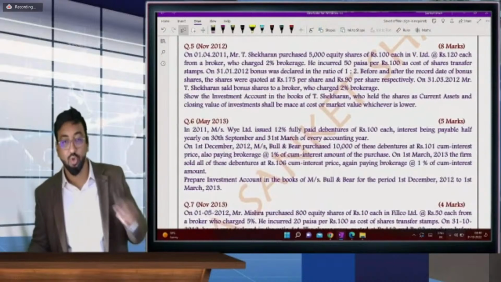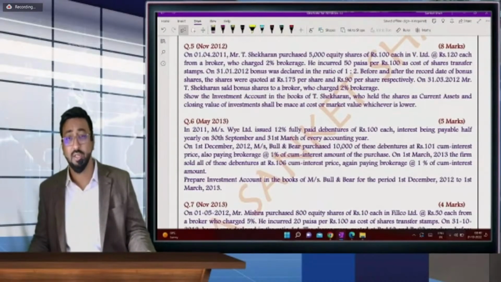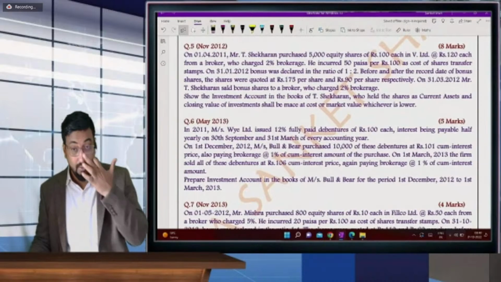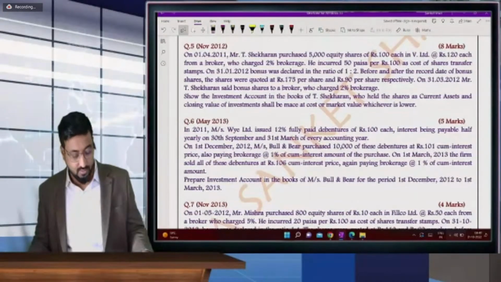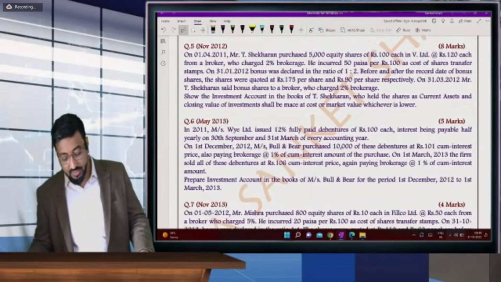The small part of rights shares that is left, we will take it in the next session. A part of rights shares is left, we will take it in the next session, that bonus shares and rights shares. Okay, so we have one more day. I'm really happy that we have one more day. I thought this was the last session. On 1st April 2011,